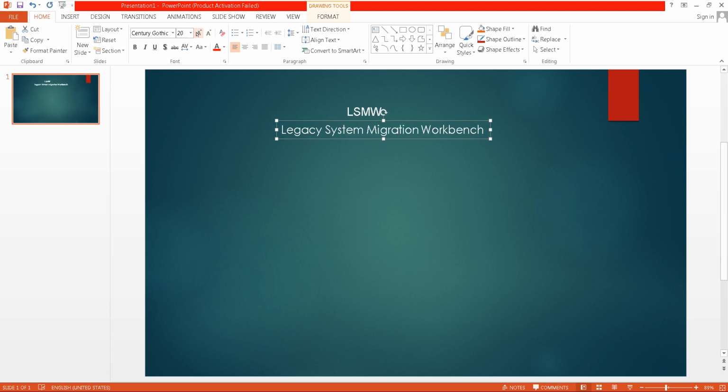Legacy System Migration Workbench. So what are the types we use for transferring the data from the legacy system to the SAP system? Number 1, direct input method.